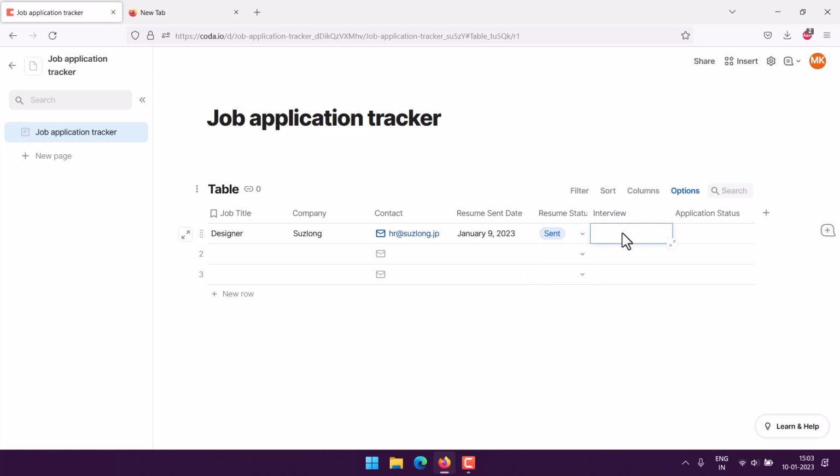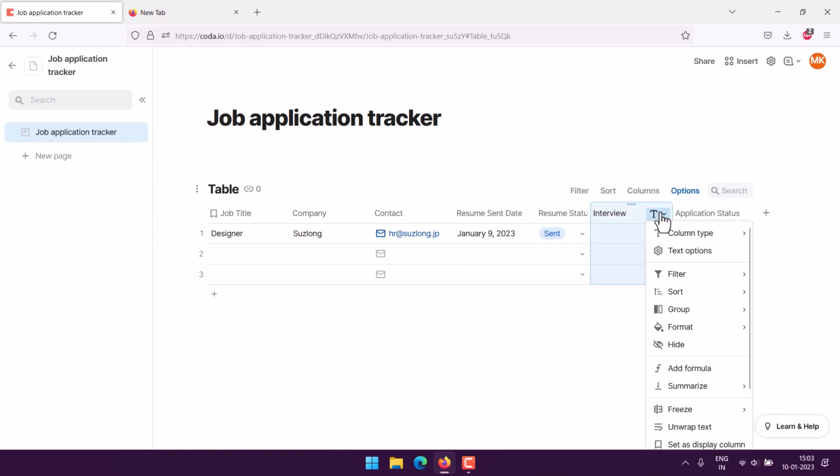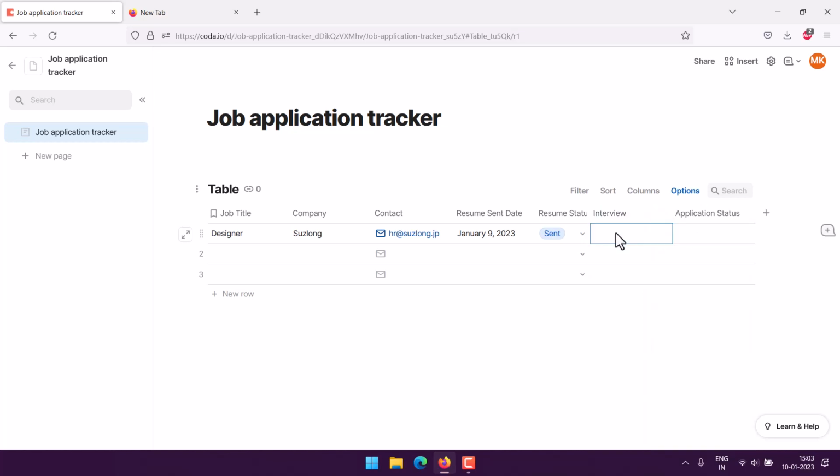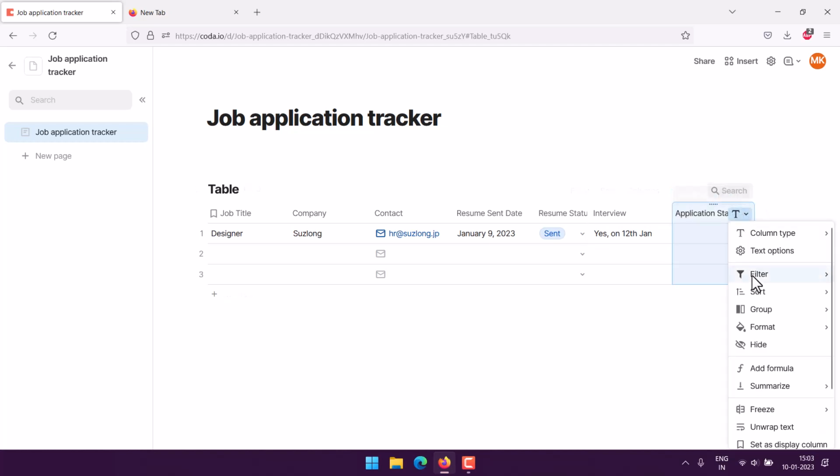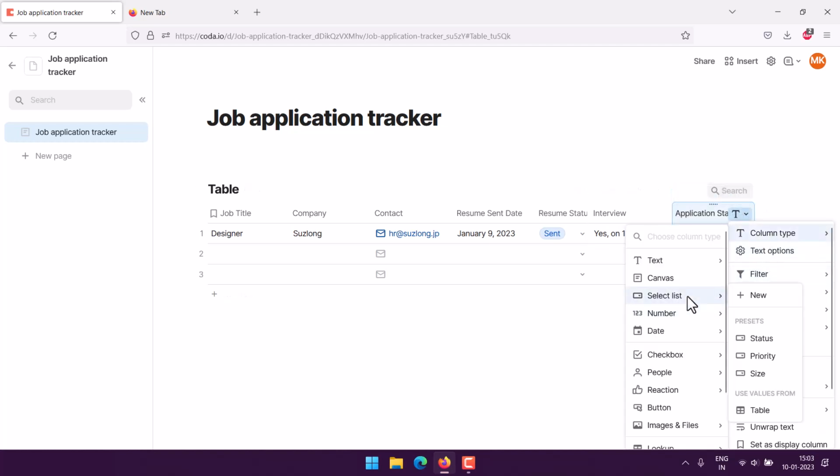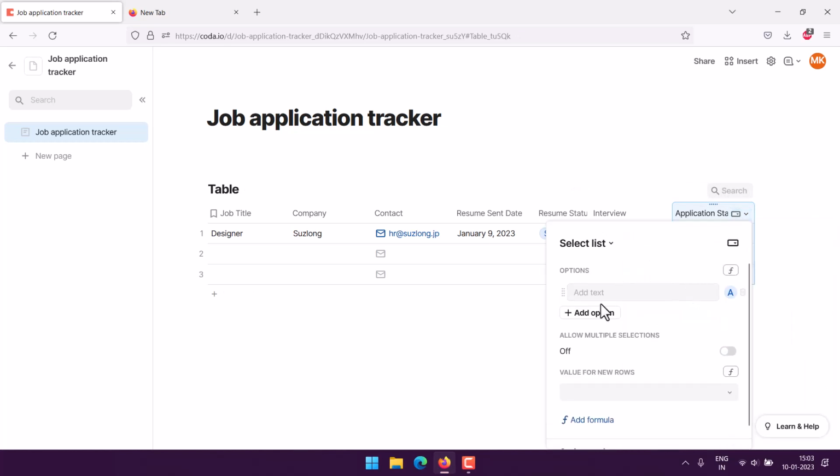Then, is there any interview? Here we can also make a particular yes, no, or maybe date. Interview yes on, say, 12th Jan, right? Application status, here we can create a list as well, right? Select list,